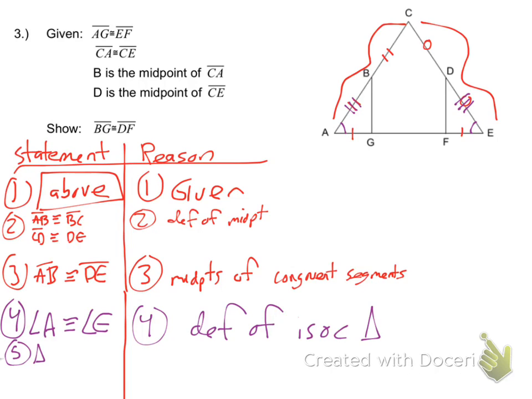Someone give me triangle 1. B, G, A is congruent to triangle D, F, E. Have to be the same order. And the reason for step 5 is side, angle, side. Side, angle, side first. You got to state congruency first. And 6, we state BG is congruent to DF by